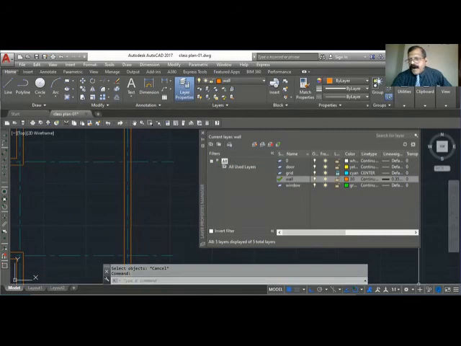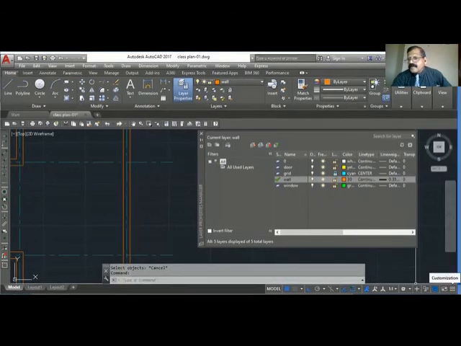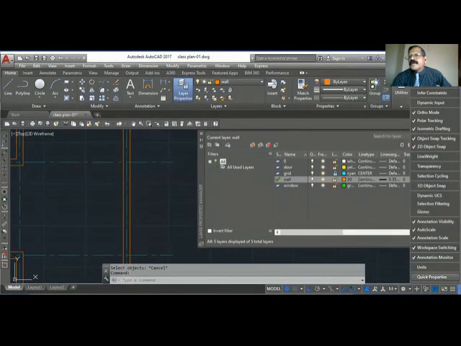If you go to the last button here, customization, click this. There is a line weight option here. Click that line weight. When I click it, the line weight display appears here.